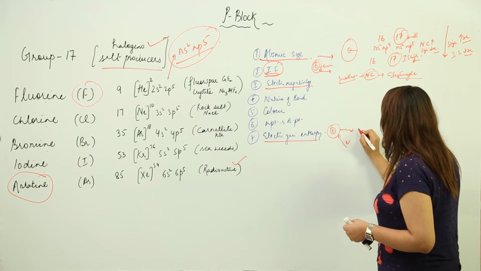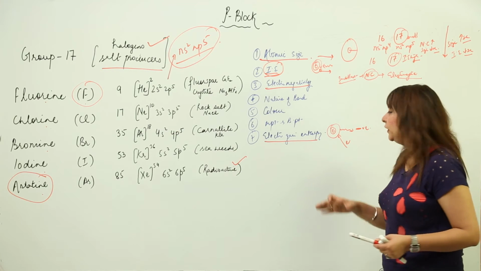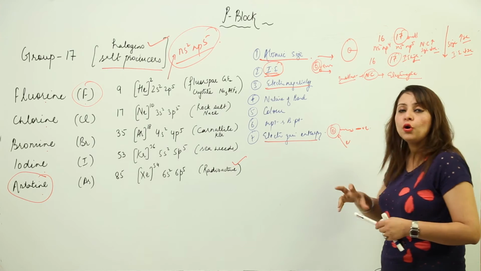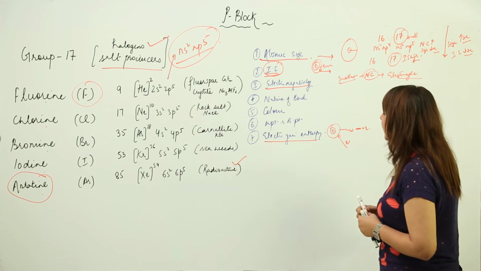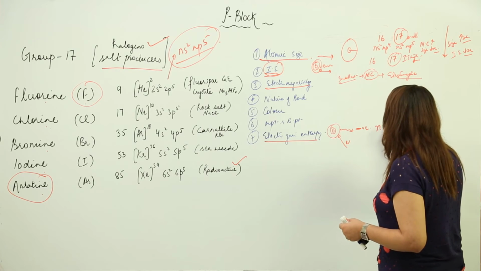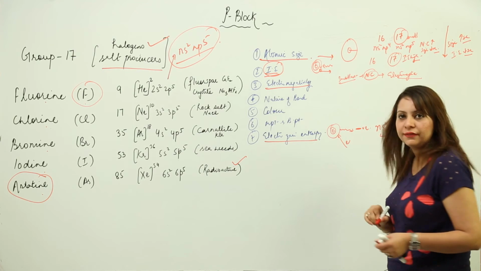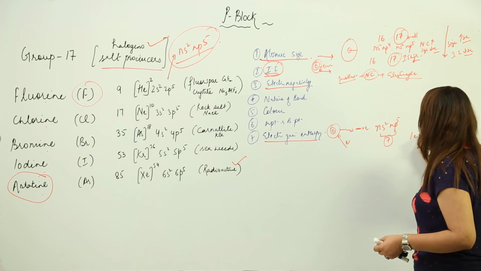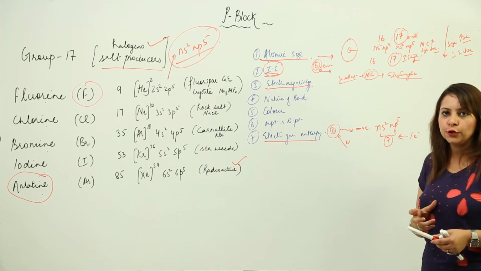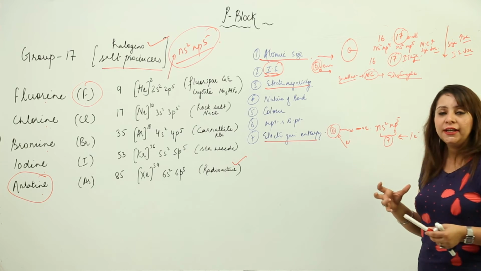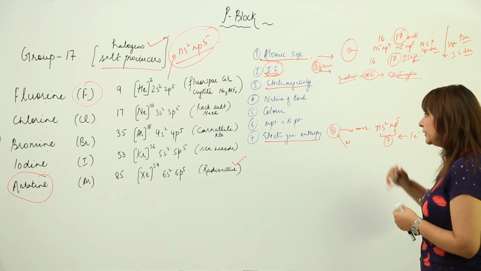So that means here the electron gain enthalpy is negative. More energy released means more negative electron gain enthalpy, and more attraction for the incoming electron. As we have seen, they are nearer to the noble gas configuration, with 7 electrons in the valence shell. So they need only 1 electron from outside, and after taking 1 electron they will attain a noble gas configuration. So they have an attraction for an electron, and therefore their electron gain enthalpy is most negative in